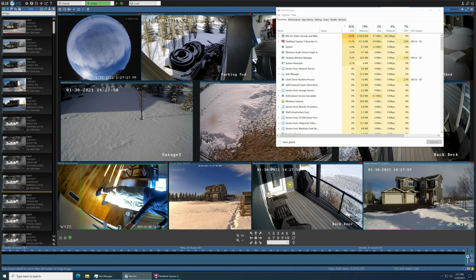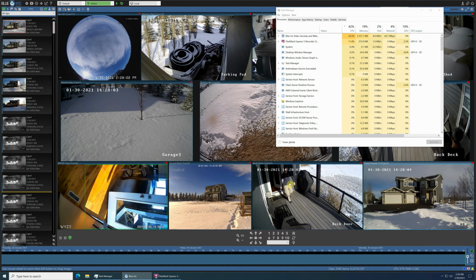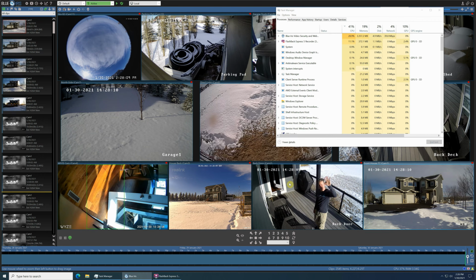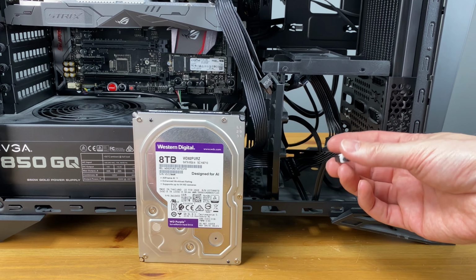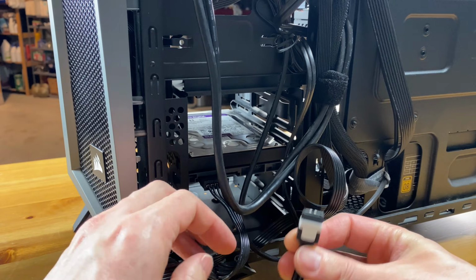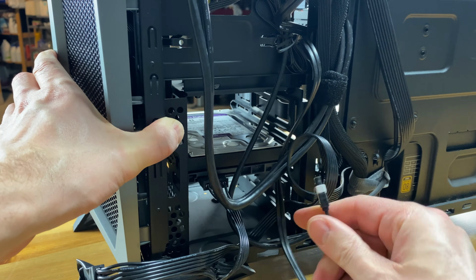I don't want to log into a bunch of different apps to see the footage or fiddle around with their multiple ways of playing back previous recordings. WYZE does an excellent job with review and playback, and I want everything on one screen at one time. On my dedicated WYZE machine, I have an 8 terabyte hard drive installed, which keeps all of my footage for a couple of weeks,